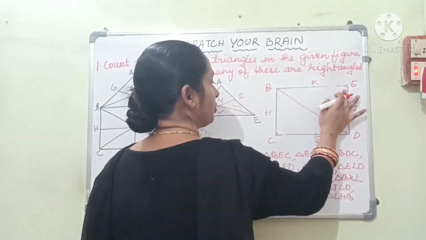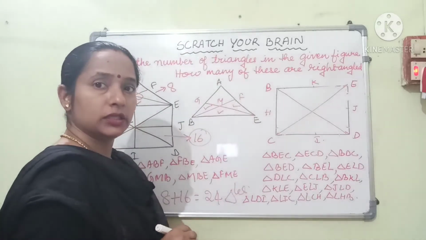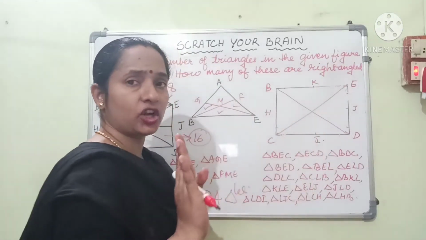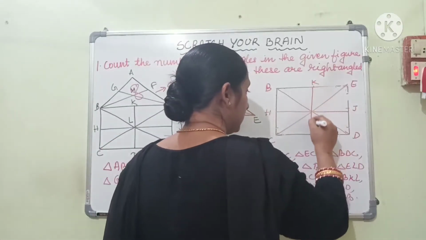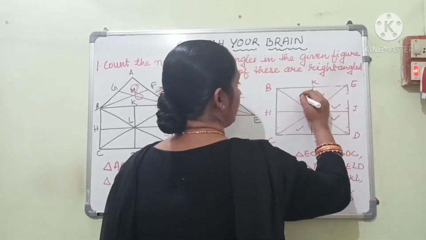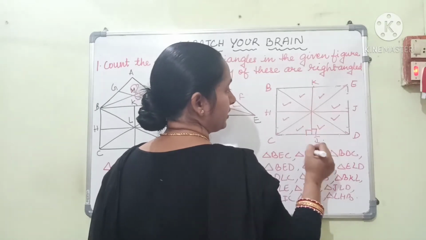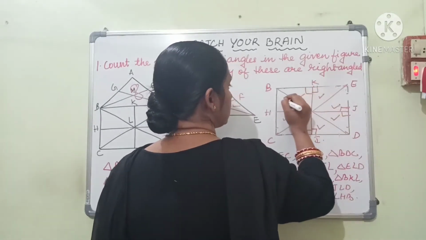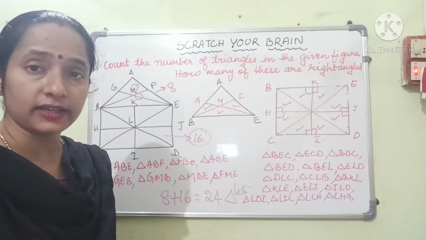Now if you are drawing both the diagonals, whatever the triangles you are getting, they are not right angle triangles. But if you are drawing the other two lines, now every figure which you get here, each and every figure is a right angle triangle. If you will notice here, it is forming a right angle here. See, they are forming right angles here at this point. So every triangle is a right angle triangle.